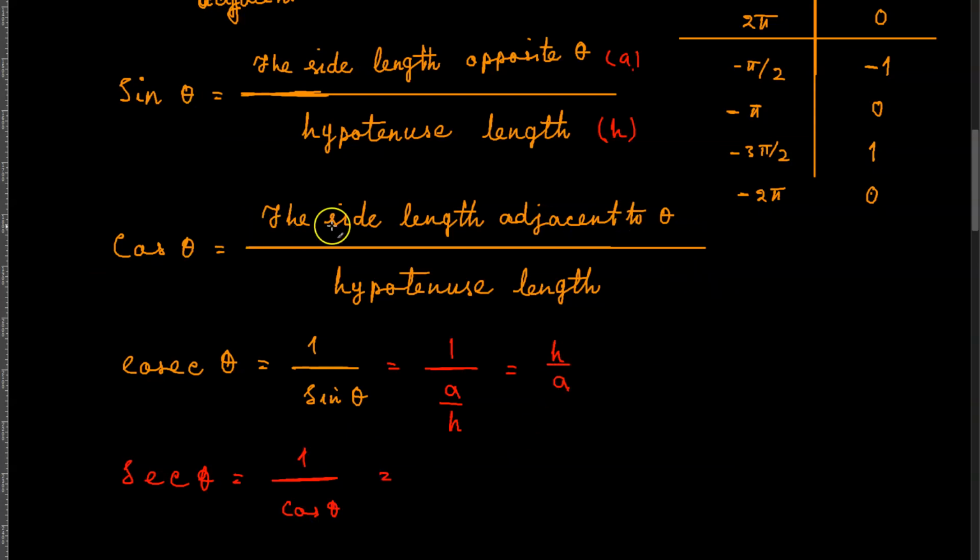If I call the side length adjacent to theta B, and again the hypotenuse length H, then that would be 1 over cos theta, which is B divided by H, which is equal to H divided by B, right? So it's very simple, not rocket science, of course,